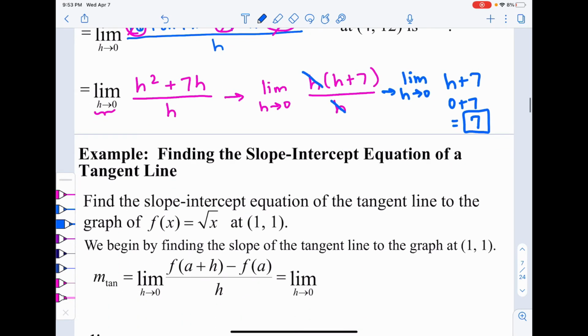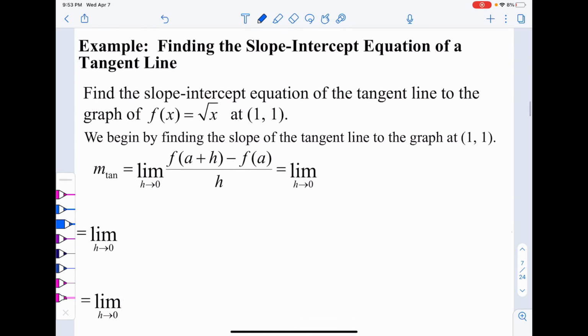Let's take a look at another. This one says to find the slope-intercept equation. So we're going old school. Slope-intercept equation means that our final answer is looking at a y is equal to mx plus b type of final answer. The last example just wanted us to find the slope of the tangent line, which was 7. Now we're going to find the slope, but then we're going to go about writing out that final equation